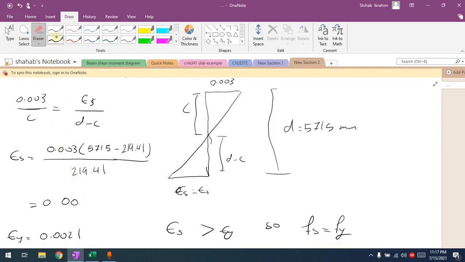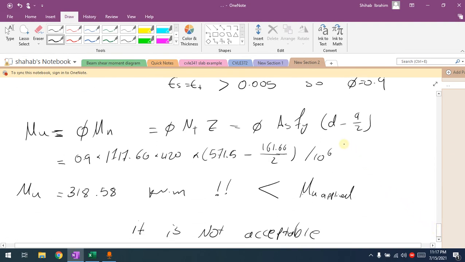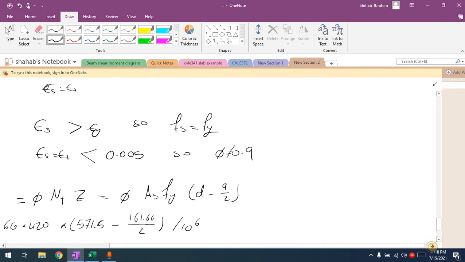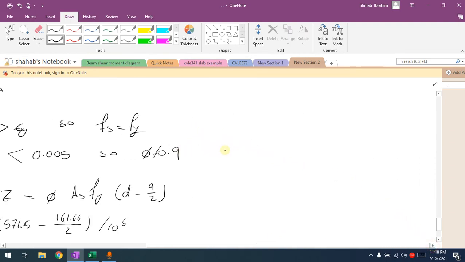It will be 0.0048. Yes, it's greater than if S is equal to Fy. But here, for this stage, this is smaller than 0.0. So this is not equal to 0.9. Look, I'm not gonna go and change the design. No, we'll find, it's in transition, yes. Find phi,